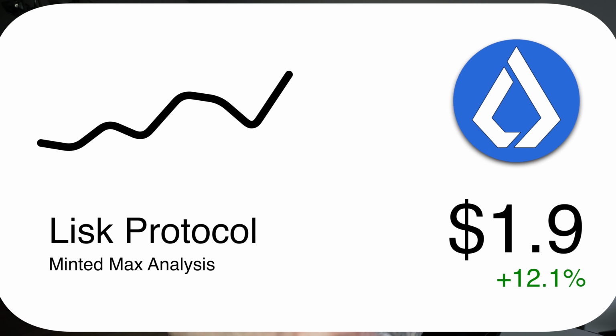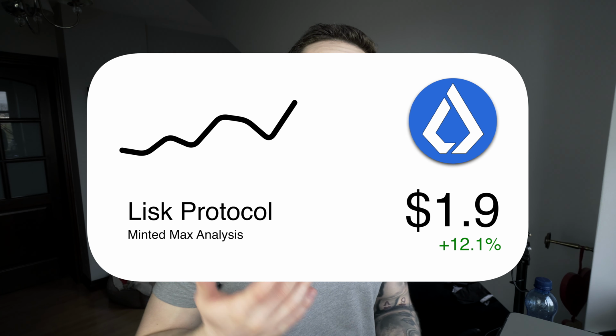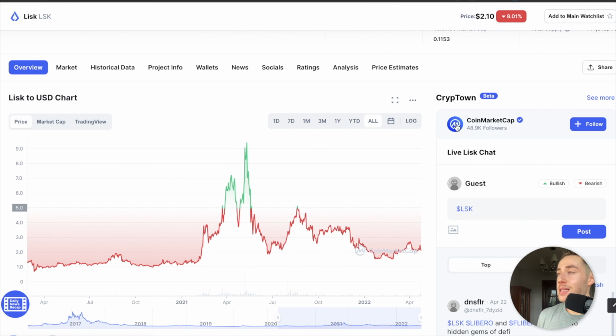Today we're going to be talking about Lisk, a little bit about it, and also the bullish and bearish case for Lisk. So Lisk was actually a coin that was popping in the past. A lot of people were talking about it, and it had really good technology, and a lot of people were really hyped about it, and they were really bullish on it. But recently we actually saw a little bit of price action happening with Lisk, so today we're going to be talking about that and also just seeing where it could go in the future.